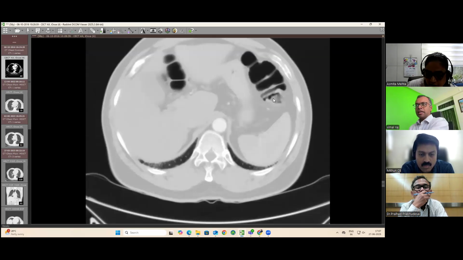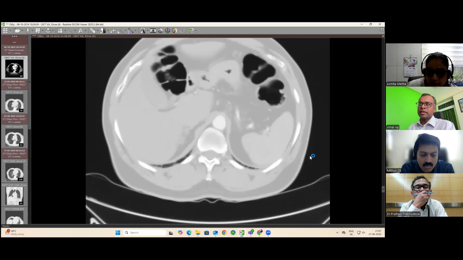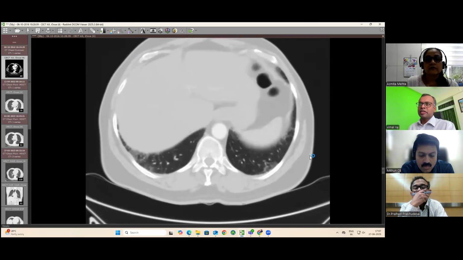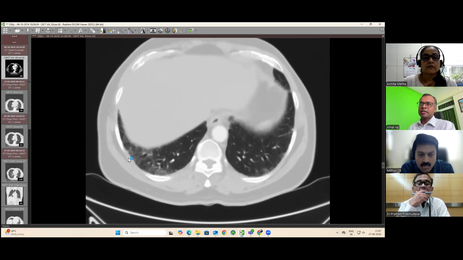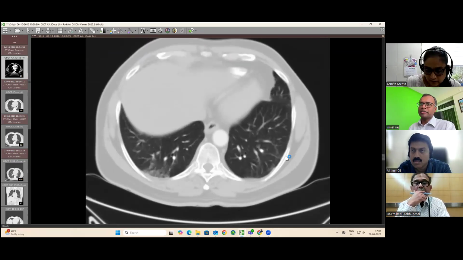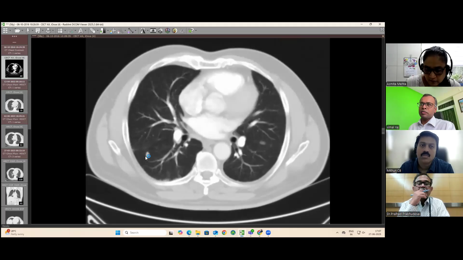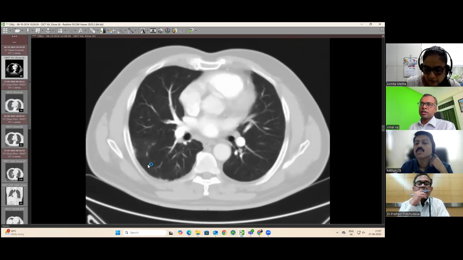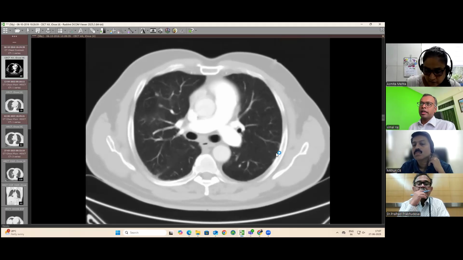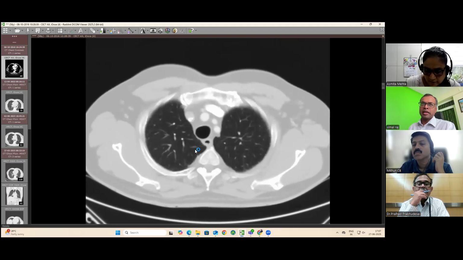And if we see the lung parenchyma at that point in time in 2016, we're just seeing subtle areas of ground glass abnormalities in the subpleural aspect of the lungs. There's this one perifissural nodule. This is something very constant all along. And the upper parts of the lungs were very clear.